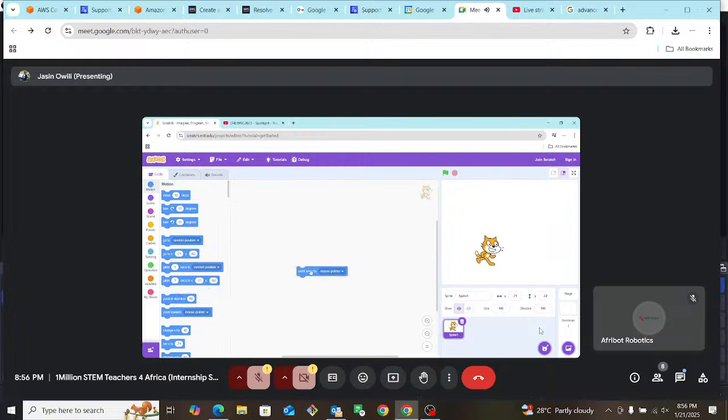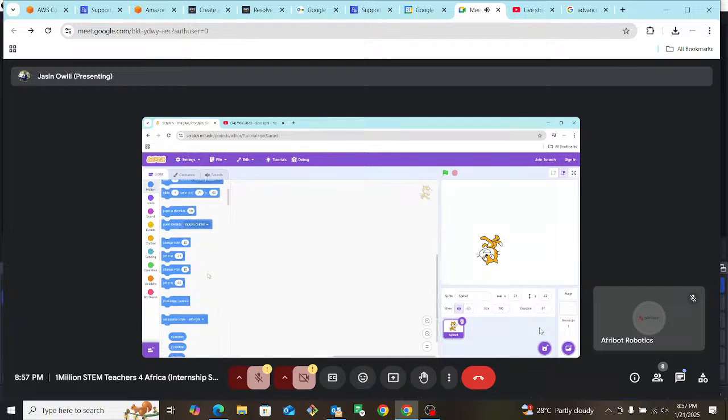You can make it point towards the mouse pointer. Of course, this works better when it's with other blocks, because right now, if I do this, you can see it's pointing up. If I put it here and click it, it's pointing down, because there are no other blocks to support this. Otherwise, if I had this in control, then I can program it to do something else. Maybe if you're creating a game, but of course we'll get there.